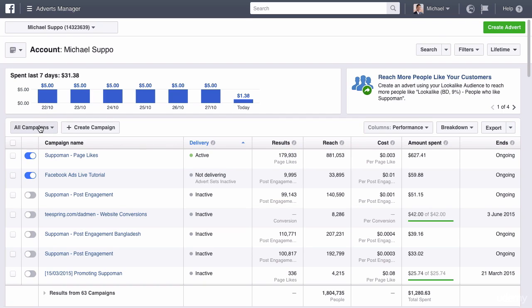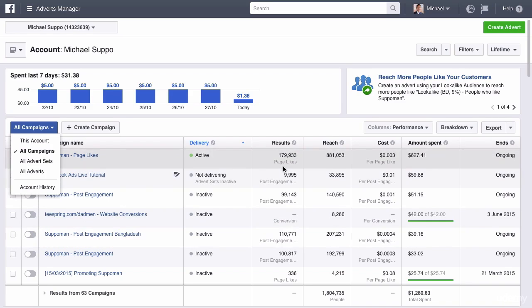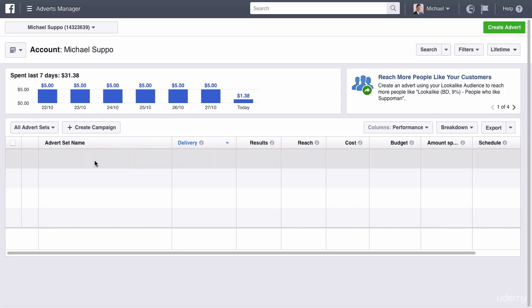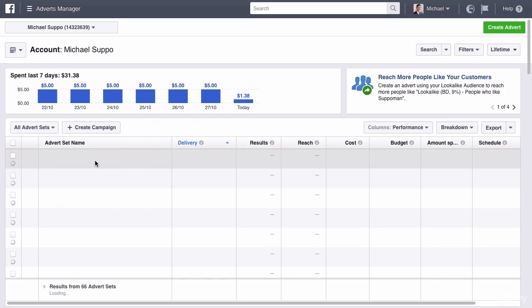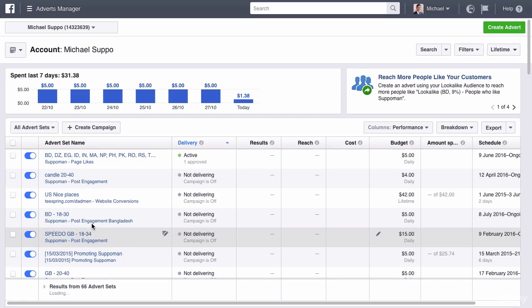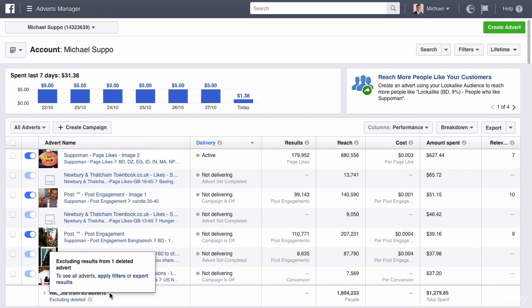So if we move down to all campaigns, if we click on that, this will allow you to sort the information that is displayed to you right here. So this shows you all the campaigns. So I have basically ran 63 campaigns across all of my pages. If we go to the advert sets, which are basically the people I'm advertising to within a campaign, this will provide to me all the advert sets that I have been targeting. Then if I click on all adverts, this will show me all 83 adverts that I have ran in the